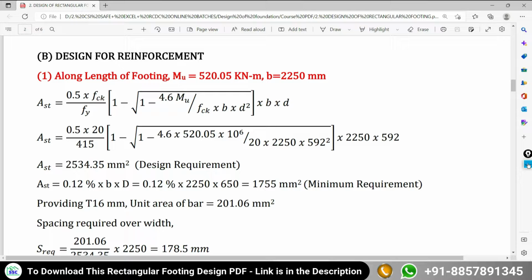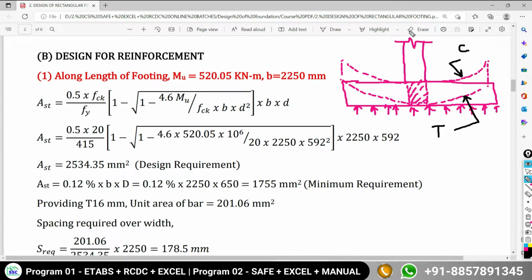After knowing the effective and overall depth of the footing, next we have to find out the reinforcement required in the foundation. First of all, try to understand why it is needed to provide reinforcement in your foundation, and next where we actually have to provide it: on the side of the footing, on the bottom face, or on the top face of the footing. Where do we actually need to provide the reinforcement in your foundation slab? First of all, we need to understand the flexural behavior of the footing. Earlier we also saw this flexural behavior. Under the application of the loading, there will be a reaction from the soil mass, and this part is going to become infinitely stiff.